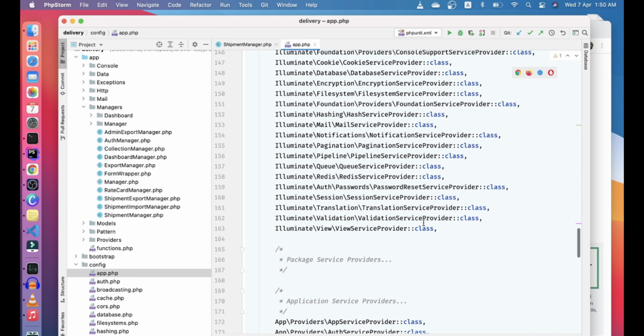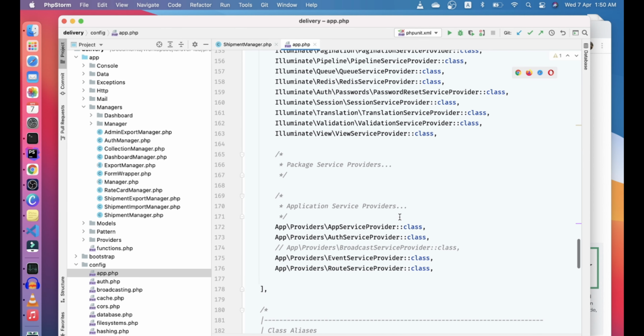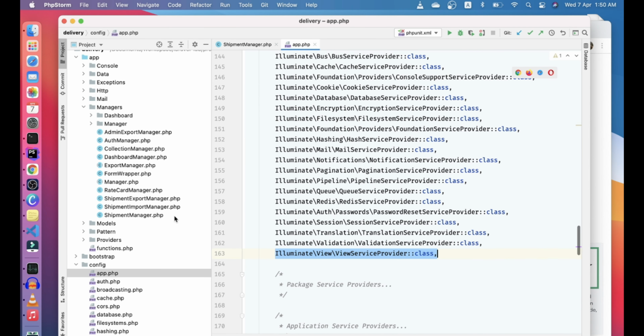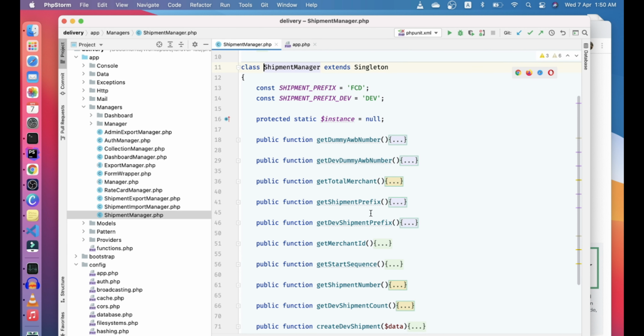If you have any service that you want to use from different places, and you want other people to use it in your application, you can create a service provider, and then register it in the application directory, and then you can use it. This is a real project, a delivery application running for multiple clients. We'll try to convert this manager to a service provider, and see if it keeps working the way it is working.